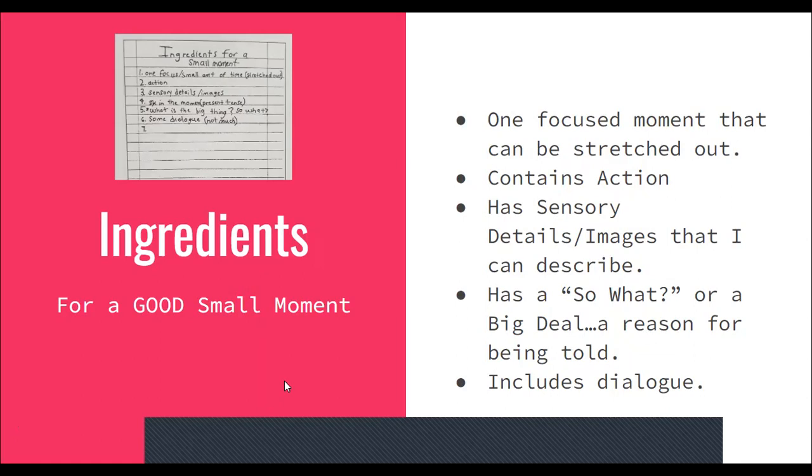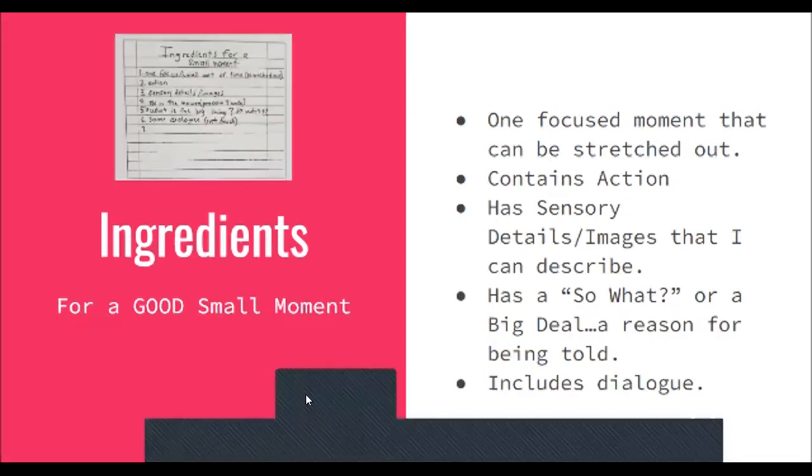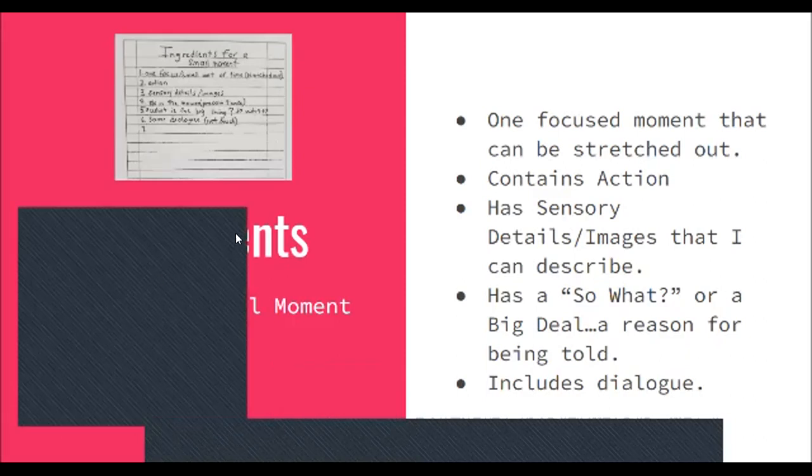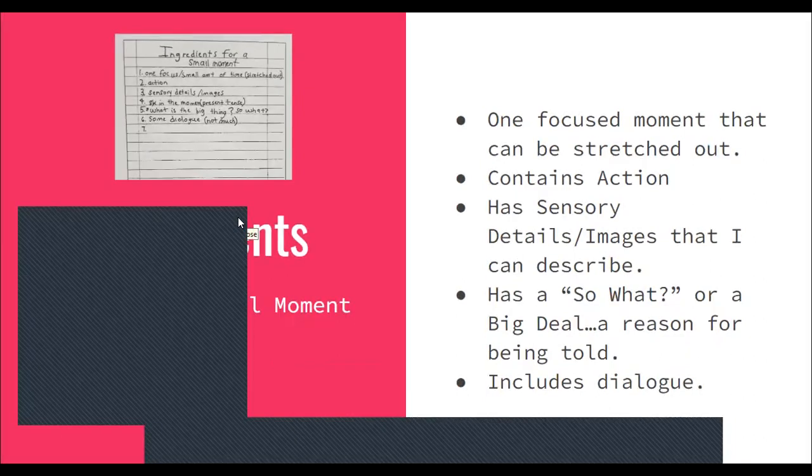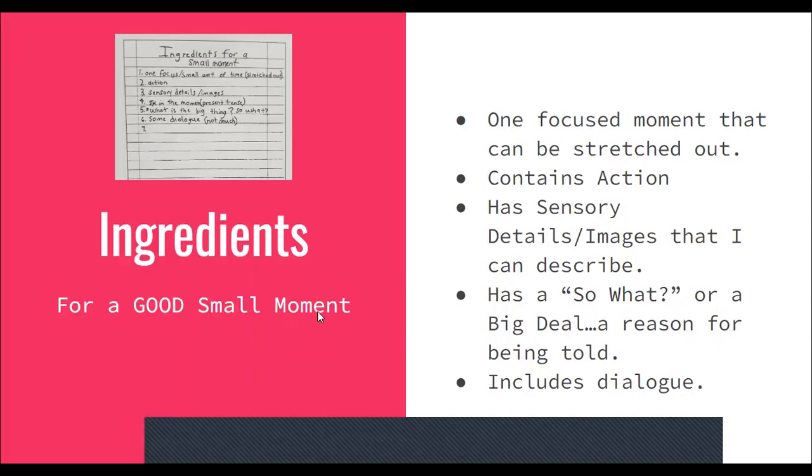Okay, I will put this back up in a little while, but I'm gonna tell you what to do after you finish, and then we'll come back to this for those of you who need it. Okay? Miss, there's 5. 1, 2, 3, 4, 5. Okay, 5. Oh yeah, 5. Emmanuel? Miss, do we have to write those 5 or just 4? Those 5 things. Okay. And is there a title or something? Ingredients for a good small moment.